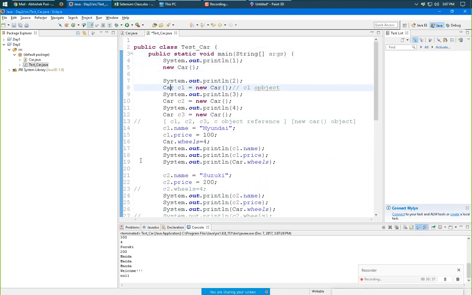Right now C1 was having an object, why not we provide this object to C3. So what happens here is, see, after 4 there is no welcome.